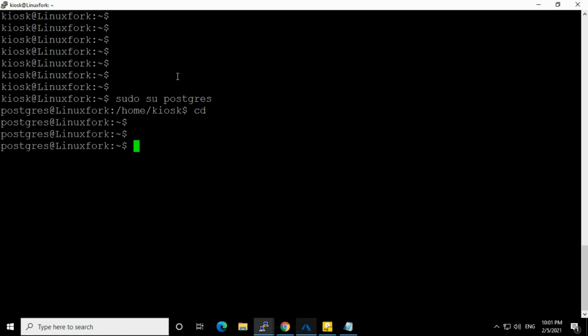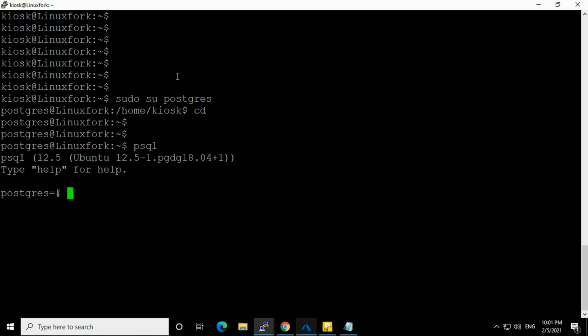Now how we can take the backup? First of all, before taking the backup, let's see what databases are present in PostgreSQL. For connecting to that PostgreSQL database, we are using psql. This is a native command.